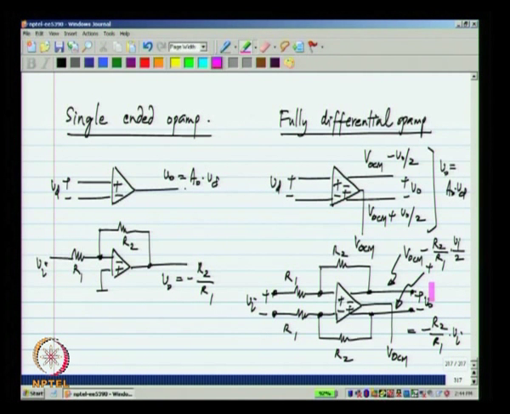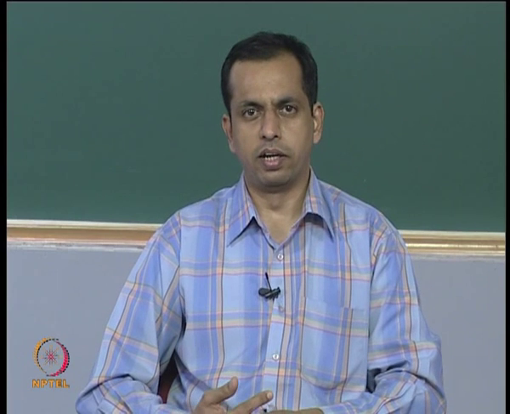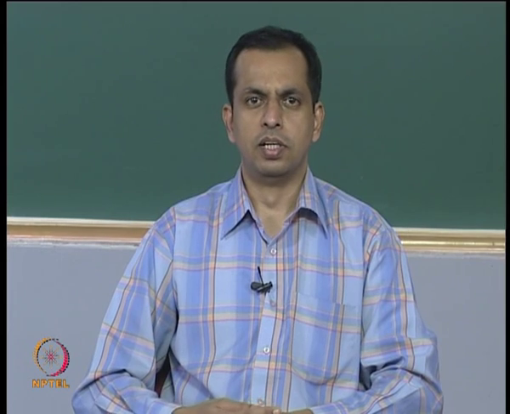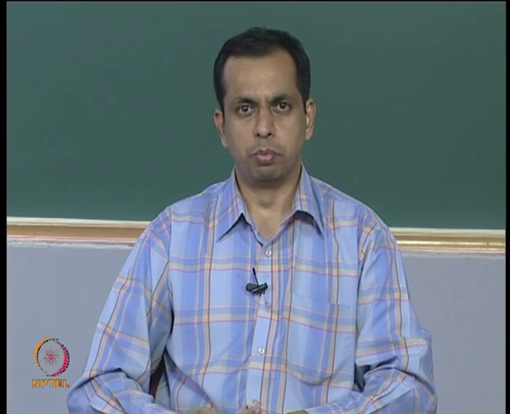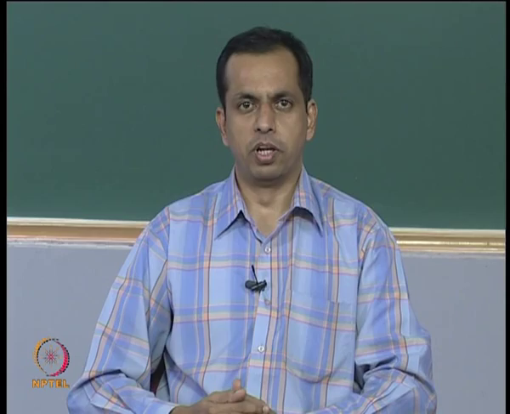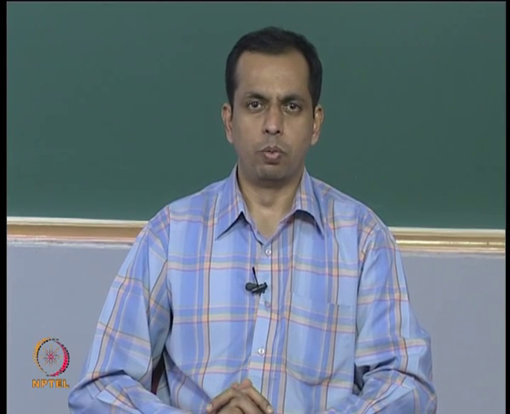If I flip the notation of V naught, I will get plus R 2 by R 1 times V I. So, simply by flipping the wires, I can get either positive or negative gains. So, that is actually a simplification in the realization of differential circuits. There are many occasions where when you make a single ended circuit, you need to realize gains of minus 1 simply to invert the polarity of the signal, whereas in a differential case you can invert the polarity of the signal by simply crossing the wires.